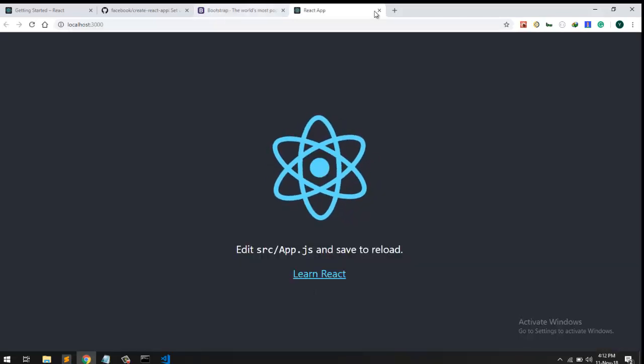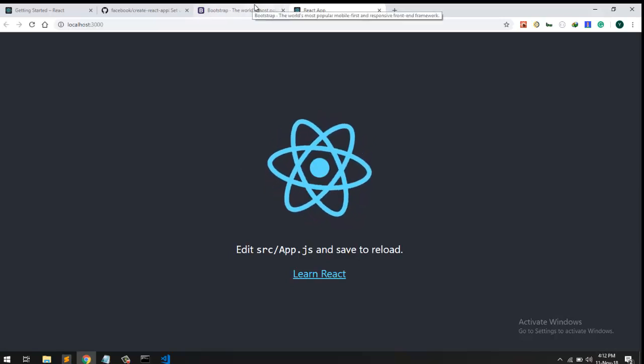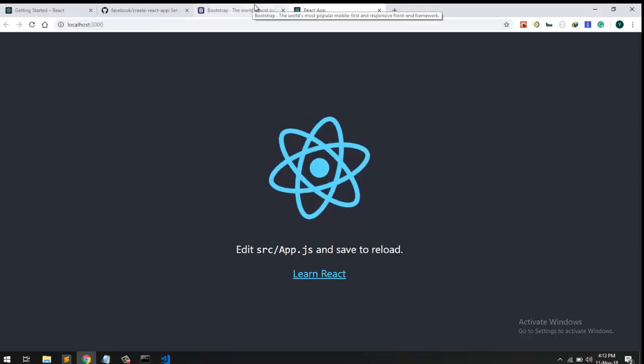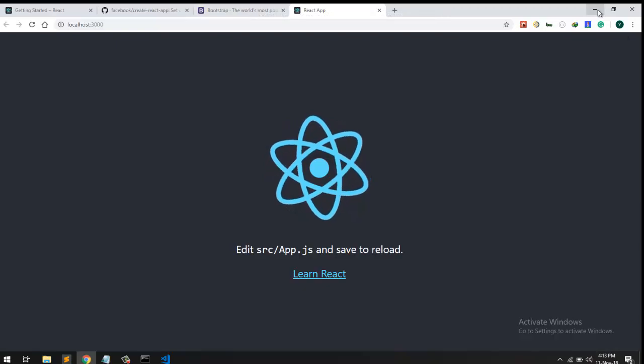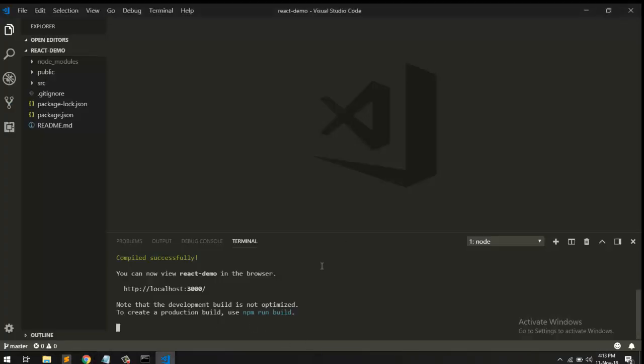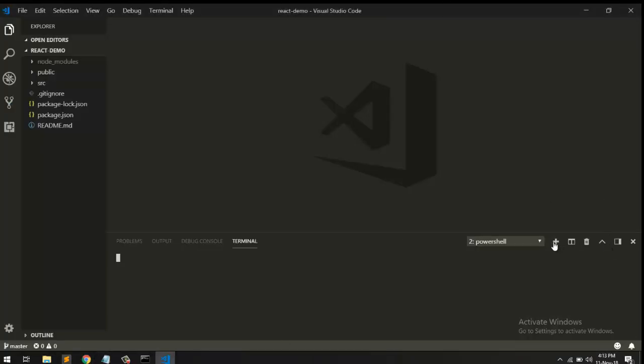Here is how the project is loaded and appears. So we are going to install Bootstrap in this project. Now write npm install --save bootstrap